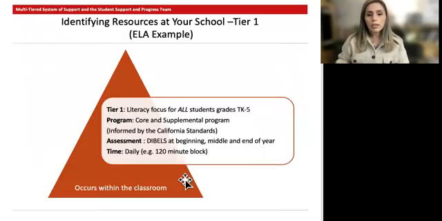Tier one is for everyone. Everyone in their classrooms receives core instruction from their teacher. For example, it could be their regular reading block. That's their core instruction. Everyone receives that, and they receive support for that. The teacher assesses. If the teacher sees that the student is not making adequate progress with that tier one support, then we move them to a tier two support.